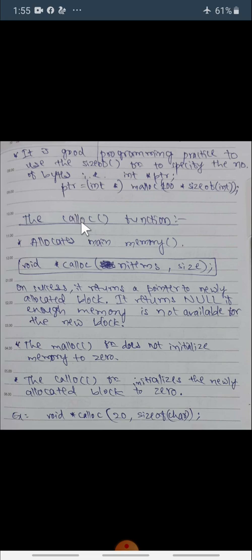Then we will see the calloc function, which allocates main memory. The syntax is: void star calloc n items comma size semicolon. On success, this function returns a pointer to the newly allocated block. It returns null value if enough memory is not available for the new block. The malloc function does not initialize the memory to 0.